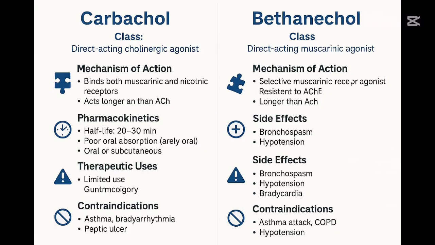And the side effect is great because it causes excessive miosis, which is not good, because it can cause headache. It can cause a decrease in vision, because when you are constricting the pupil, you are decreasing the vision. It also causes other systemic cholinergic effects, like diarrhea. It causes a decrease in heart rate, bradycardia, hypotension, and others, aside from excessive miosis, headache, and decreased vision. Don't forget, it shouldn't be given to patients with asthma or peptic ulcer, or somebody with a cardiac conduction issue, especially coronary